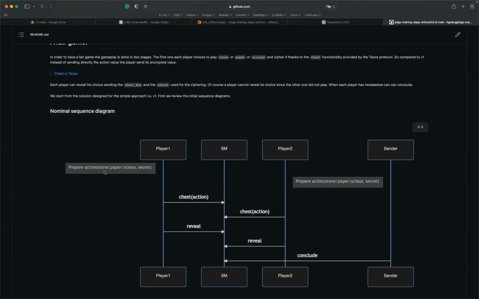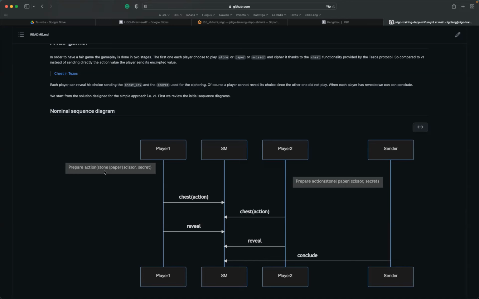So we are going to send the action which has been ciphered, thanks to all the material, to the smart contract. So if you try to observe the storage right now at this moment, you see something which has been ciphered. So you are not able to know if the action has been scissors, paper, or stone. So the game is no more unfair, but it's a fair game right now.